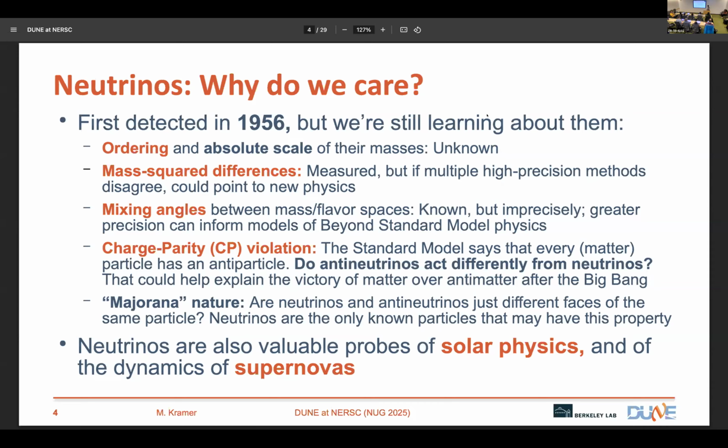Finally, going beyond fundamental particle physics, neutrinos can also tell us a lot about what goes on deep inside stars because they emerge without scattering nearly as much as, say, a photon would. Similarly, with a supernova explosion, we'd learn a lot if we could look at the neutrinos from one.